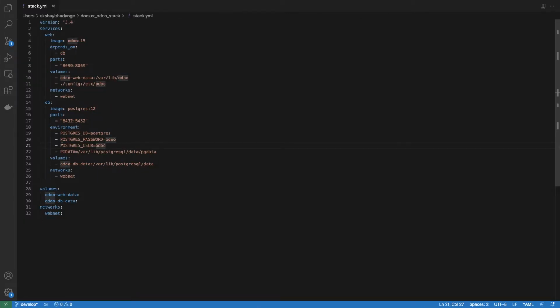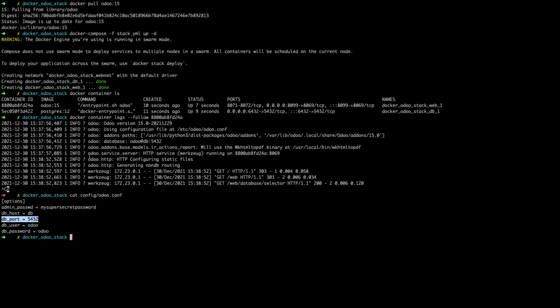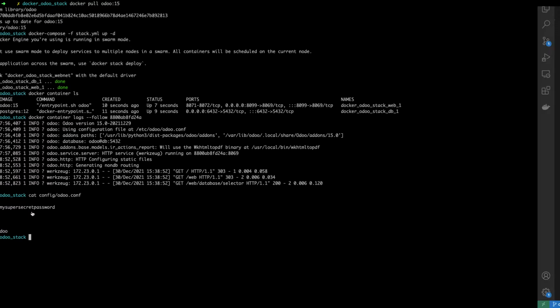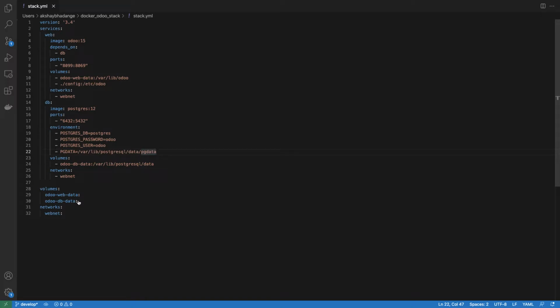Also, I've specified some environment variables, with the default username and password both being odoo. They will be configured using these environment variables. And this is the volume where we store our Postgres database, so that after redeployment our data persists. So these are a few Docker concepts. I just wanted to highlight that if you're setting up Odoo using Docker, then make sure the database host is your database service name. This is the one point I wanted to highlight.